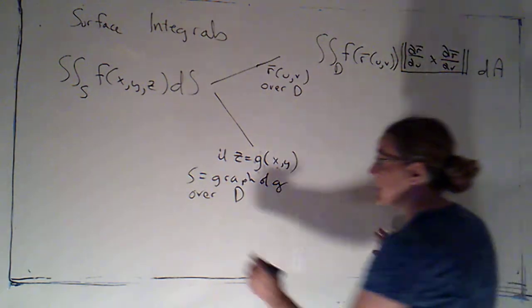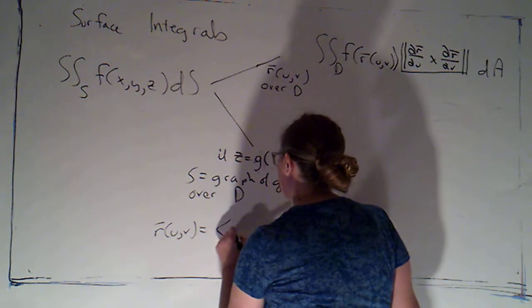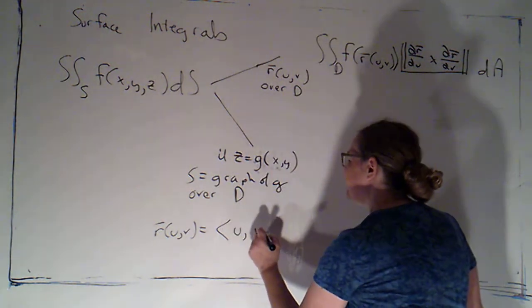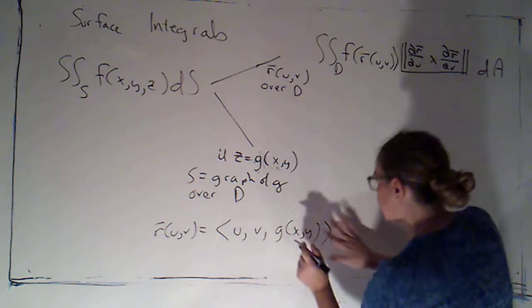The parameterization would just be R of u, v equals, let u be x, let v be y, and then z is just a function